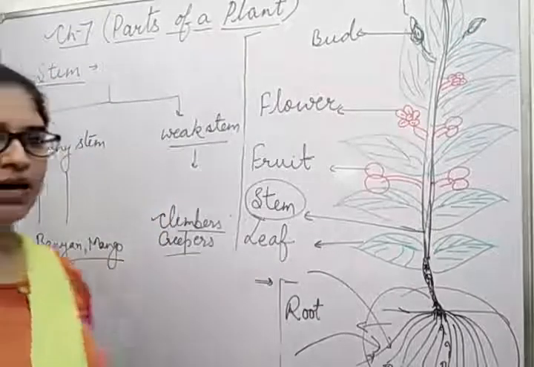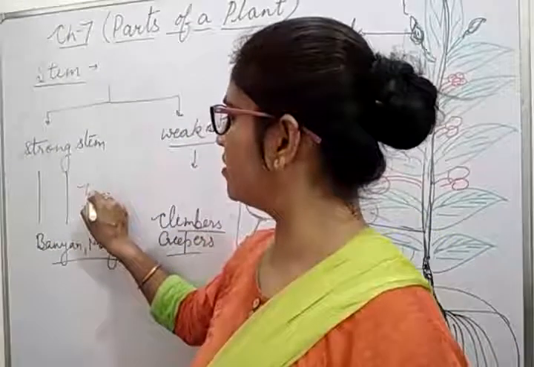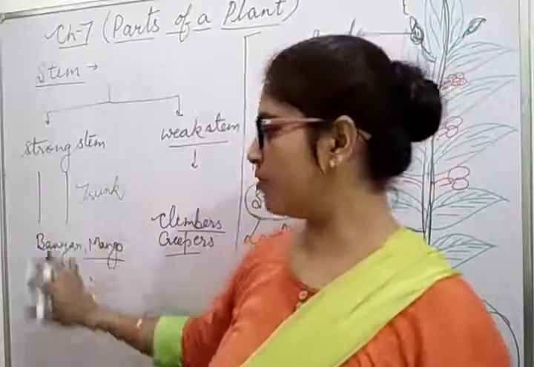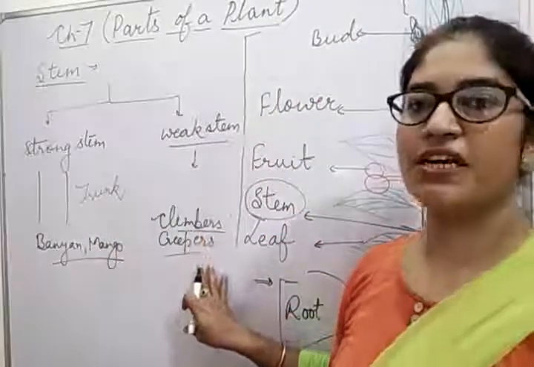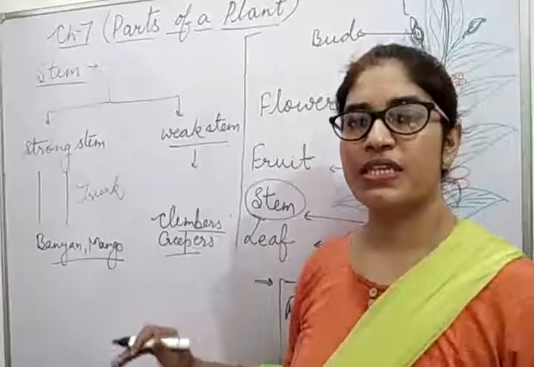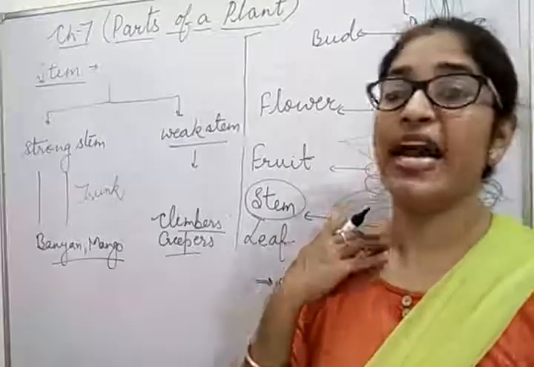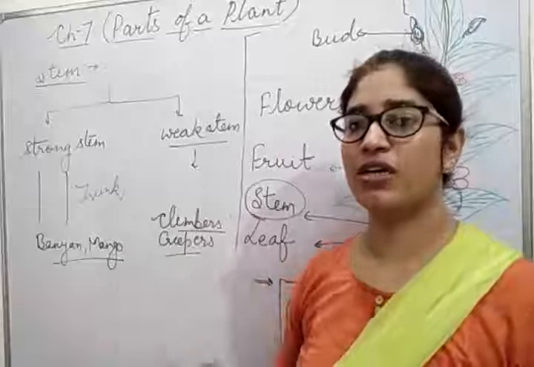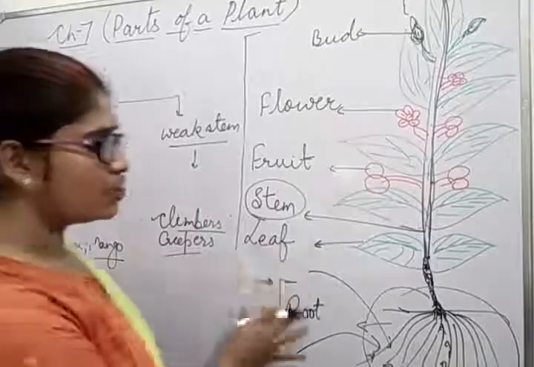All the big plants have a thick stem, that is also called trunk. उसको हम बोलते हैं trunk. So thick stem is basically called trunk, which trees have. And weak stems are in climbers and creepers, like bitter gourd, जिसको करेला बोलते हो आप. You can see examples given in your book also, that is bitter gourd. And money plant. Money plant is also a climber which can climb on walls and on trees.